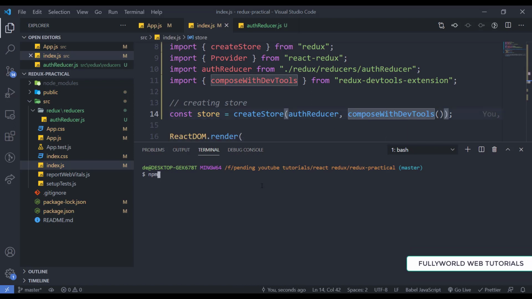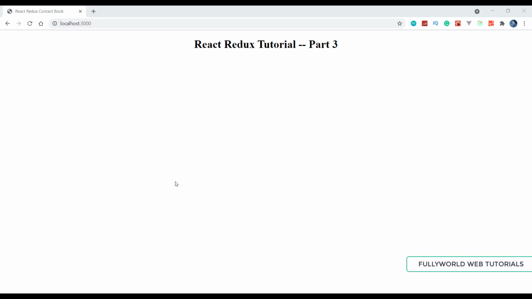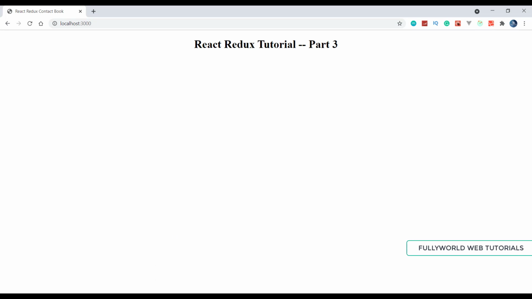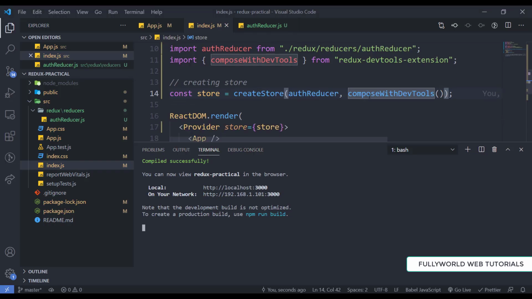So here I'm going to write npm start. I will come back after starting this app. See that our application is now opened successfully, and this icon is green now. This means that our composeWithDevTools enhancer is applied successfully.